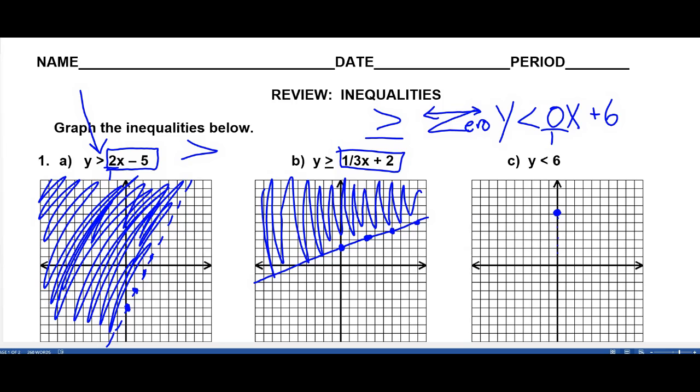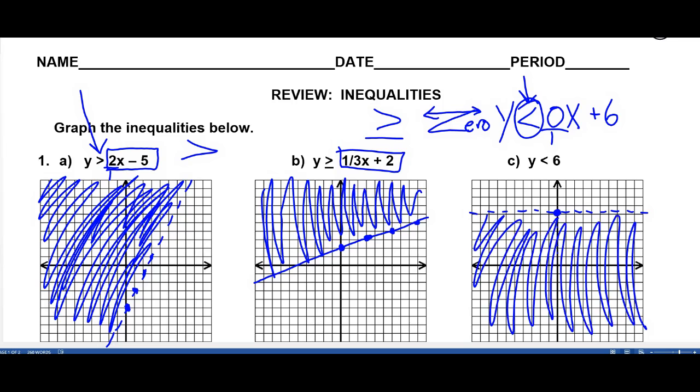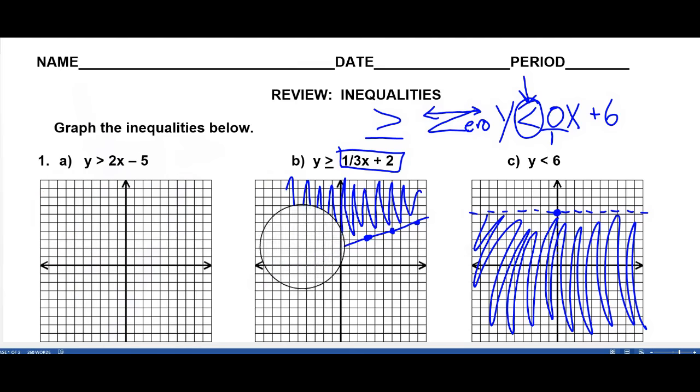But we have less than, which tells us a dotted line, and less than shaded below. So those are all of our solutions, anywhere where the y value is less than 6. Moving on. Number 2,